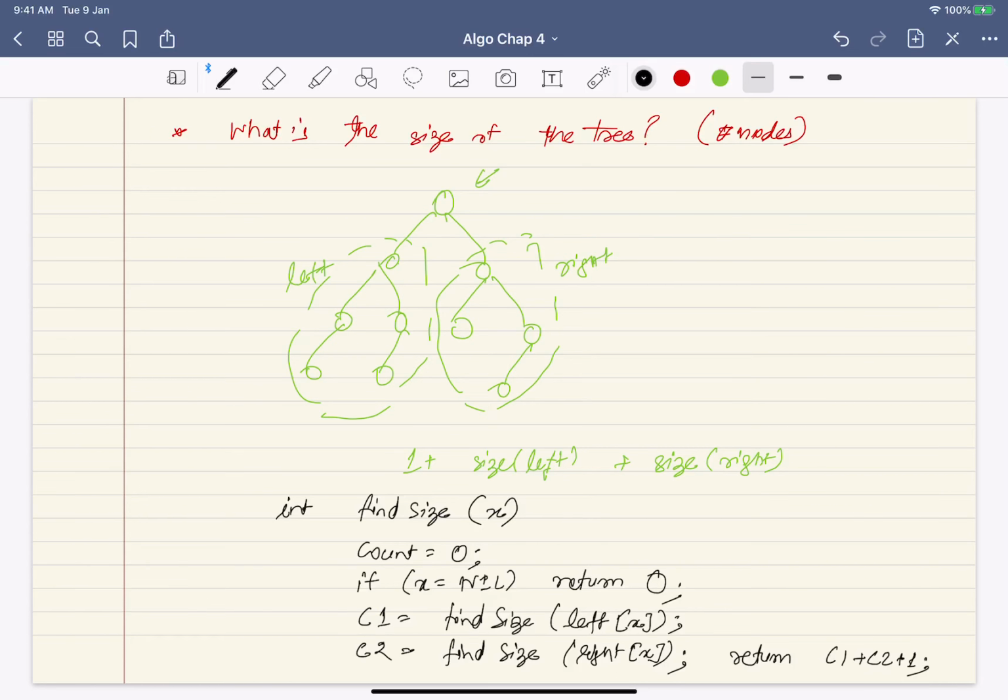You see, just by following traversal. I am actually following nothing but traversal. I did a left visit, right visit, and added one. You can think of it like visiting in between. This is like in-order, but you can think of doing it either pre-order or post-order. It does not matter. So you think of it as using traversal for solving a problem like finding the size of the tree.